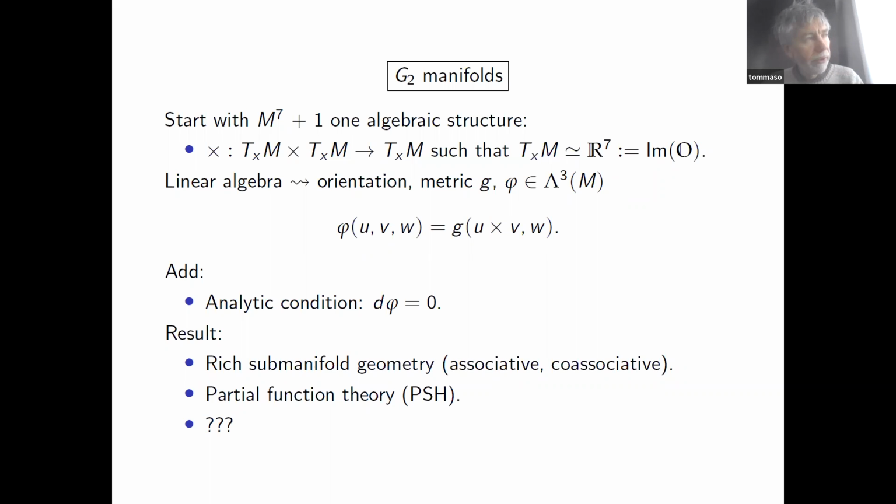It turns out, and this is a very recent discovery from 15, 20 years ago by Harvey and Lawson, that there is also a very interesting function theory associated to G2 manifolds. These are again called plurisubharmonic functions, and the theory is analogous. It is almost identical, from an analytic perspective, to what you find in the Kähler world. And then in some sense, the current boundary of our knowledge stops here.